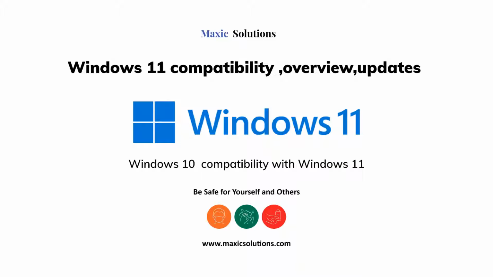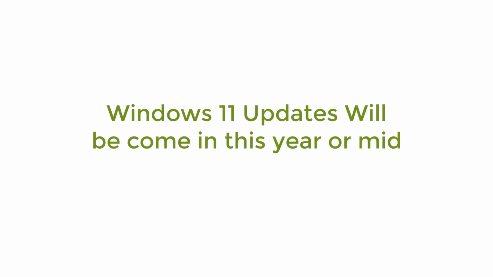With Windows 11, you are able to see how it works, but you can't install it. You may see some videos on YouTube where Windows 11 is installed and the preview is shown, but the official website didn't show any updates for Windows 11. Windows 10 users can't update to Windows 11 for now, because it may be available in the middle of this year or later in this year.